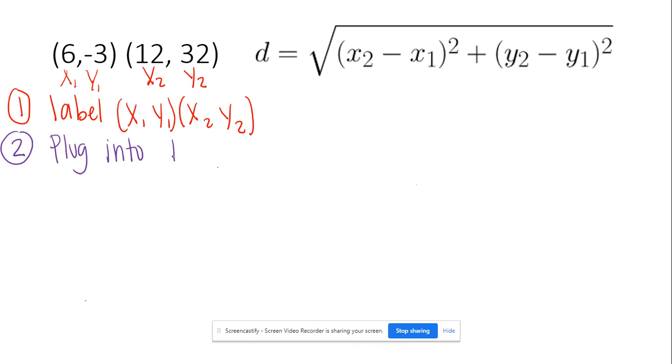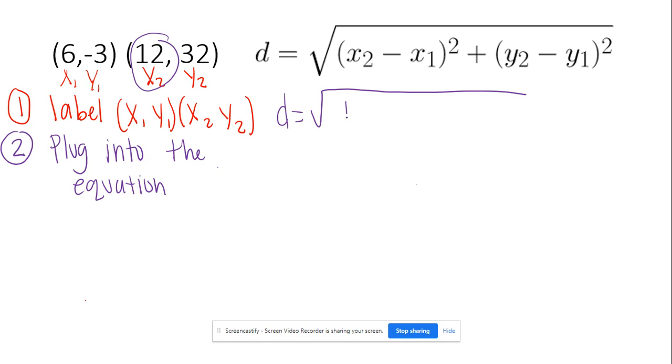Plug into the equation. So this is where usually I would ask you guys to have a pen and paper. Make sure you're following along and writing down, especially when you do the Google form, because you will need to be able to do those steps. So distance equals the square root, and I'm going to go x2, which is over here, is 12, minus x1, which is 6,